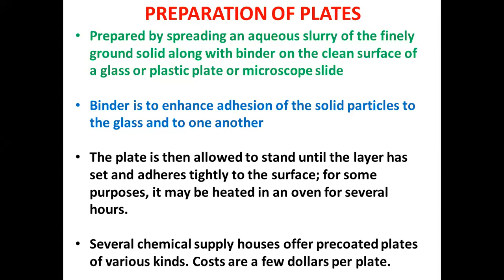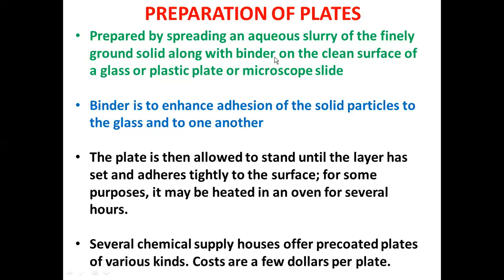It should become firm. And if possible, you have to evaporate the surplus solvent present over the slurry by keeping it in an oven. Make sure the temperature does not increase beyond 40 degrees Celsius. So it is recommended to evaporate the solvent at room temperature. If you pour the slurry, you keep the slide at least 4 to 6 hours at room temperature, during which the solvent is going to be evaporated. Now the stationary phase is ready, then you can use the plate.